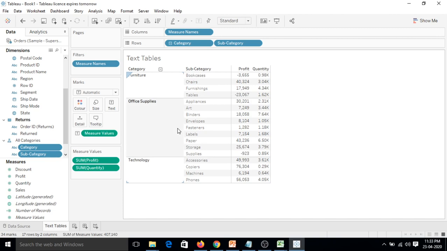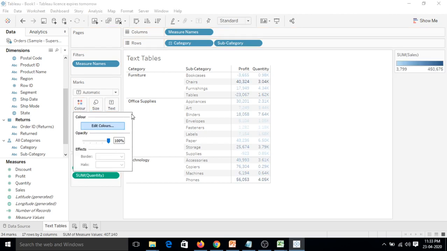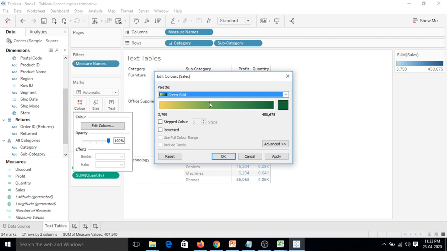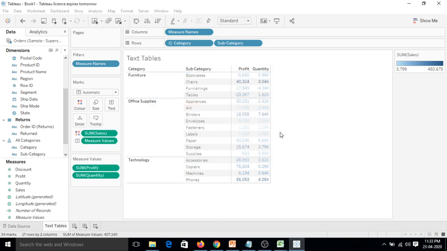Okay, now let's color profit and quantity on the basis of sales. Let's edit the color, select green gold, or let's select orange gold this time. Now we can see that the darkest means the highest sales for that specific category, meaning chairs has the highest sales.